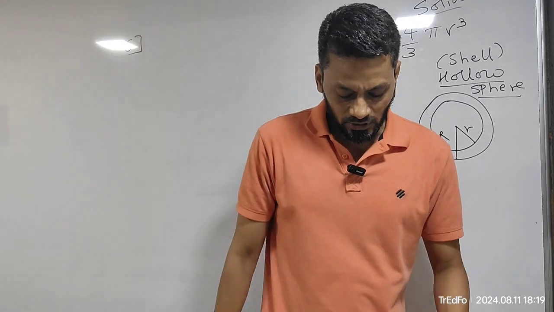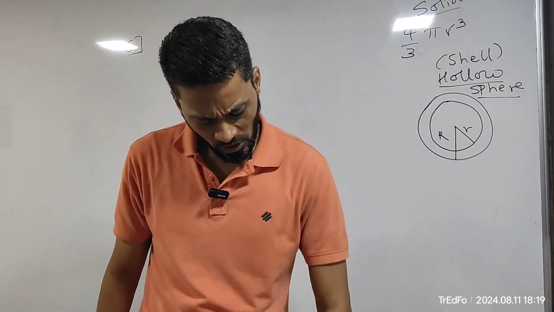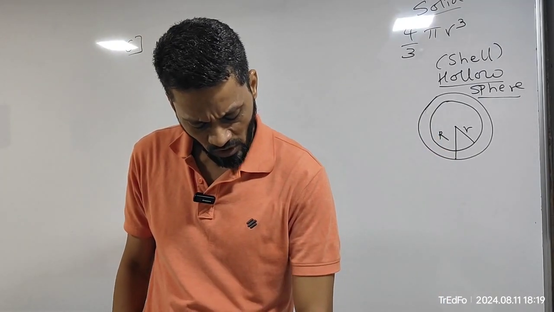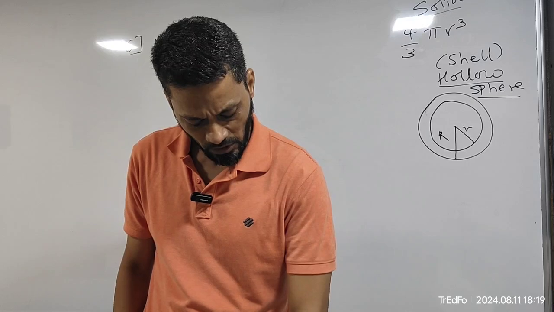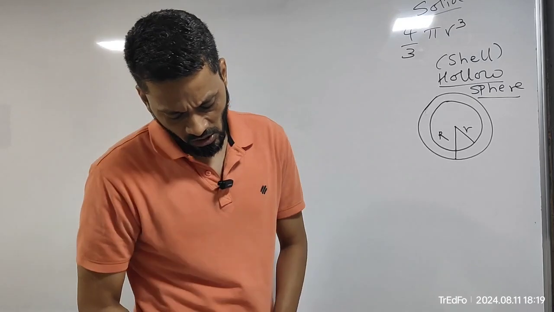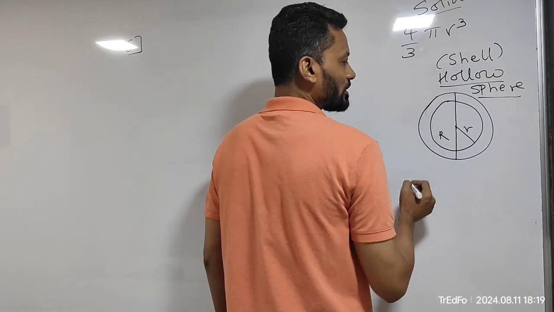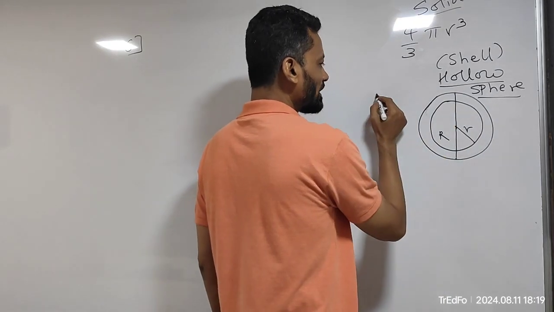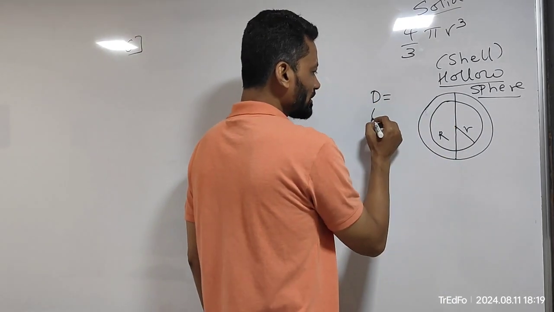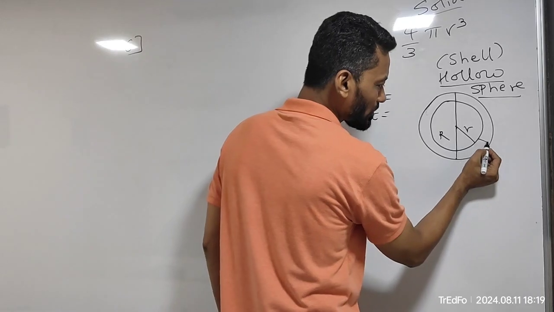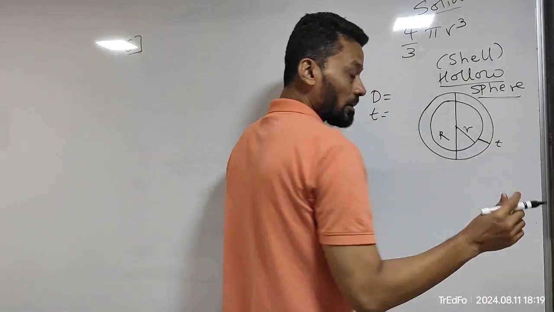It's nothing else but a hollow sphere. Let's see what the question says. The diameter and thickness of a hollow metal sphere are 12 centimeter and this. When they say diameter, they mean this whole diameter. So they have given the diameter over here, and they have given the thickness, that is this particular thickness. A bit of a trick,